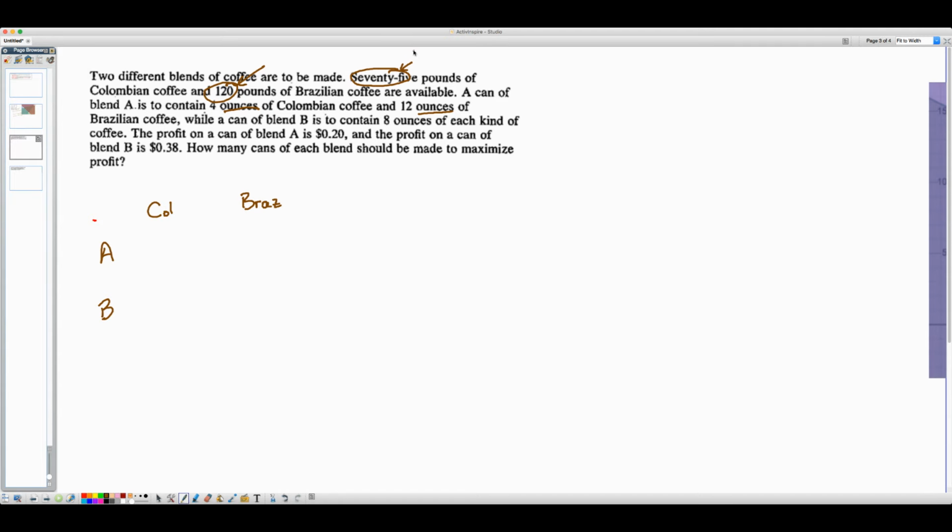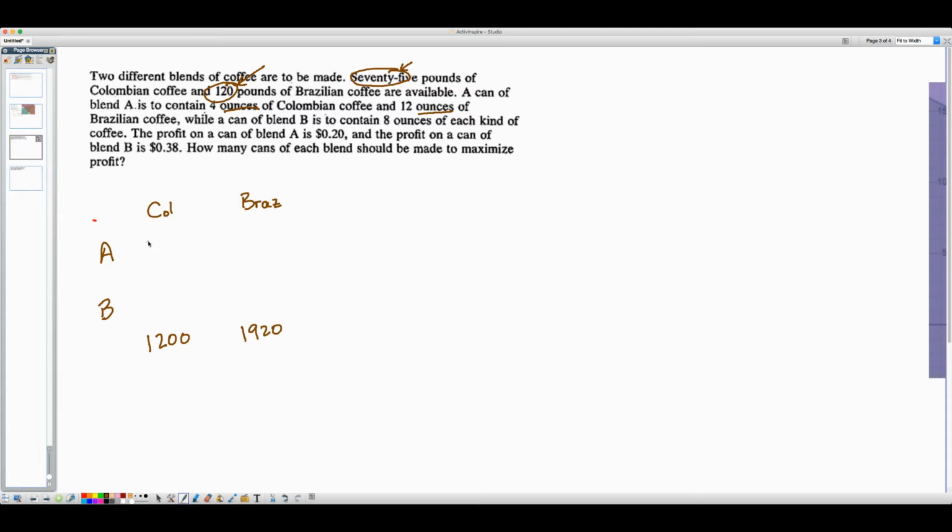75 times 16 is going to be 1,200. So this would be Colombian. You could have 1,200 ounces of coffee beans, and then you have 120 times 16, which would be 1920 in Brazilian total. Now for each blend, we're going to have